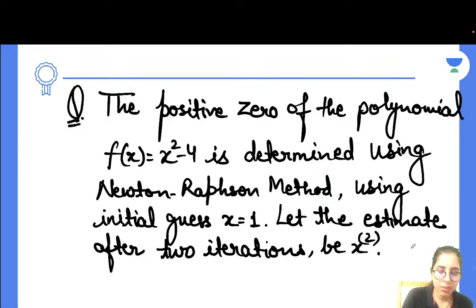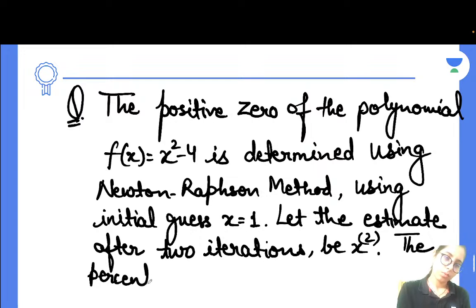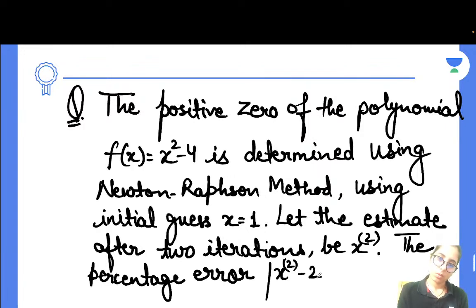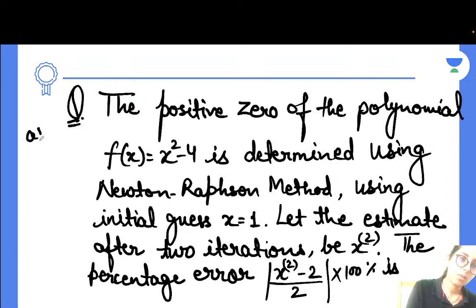The percentage error, which is (x2 minus 2) over 2 times 100%, is, options are